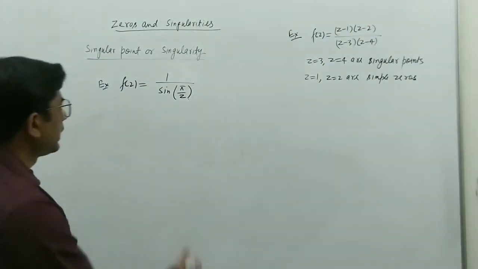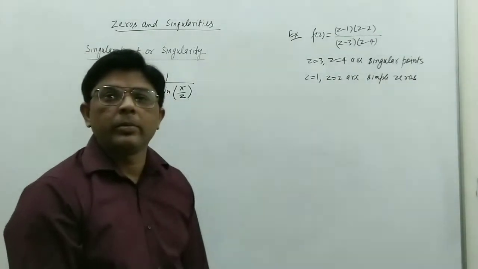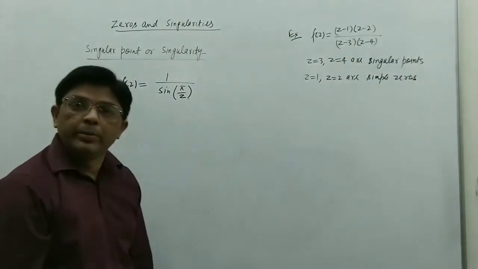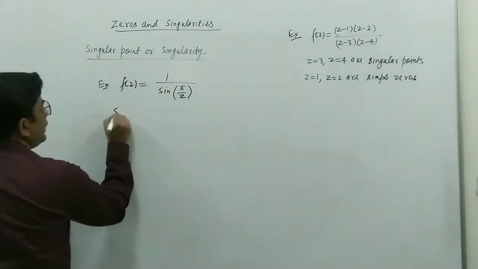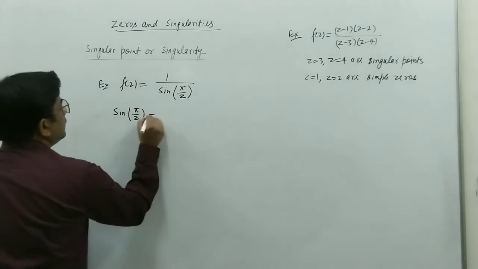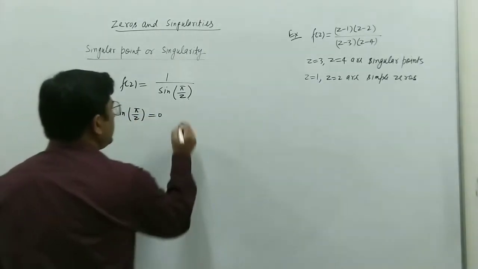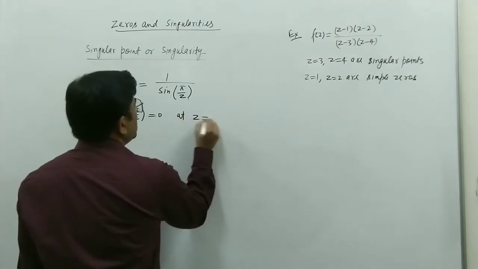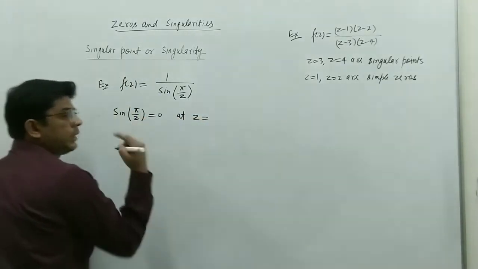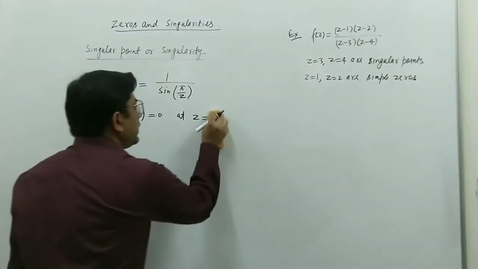It means this is, again we can see that this function is in the form of numerator upon denominator, rational function. So the function is not defined when the denominator is 0. So if we take sine pi upon z equal to 0, so this will be 0 at z equal to, if we put here 1, z equal to 1, so sine pi will be 0. So we can put z equal to 1 and we can also put z equal to minus 1.